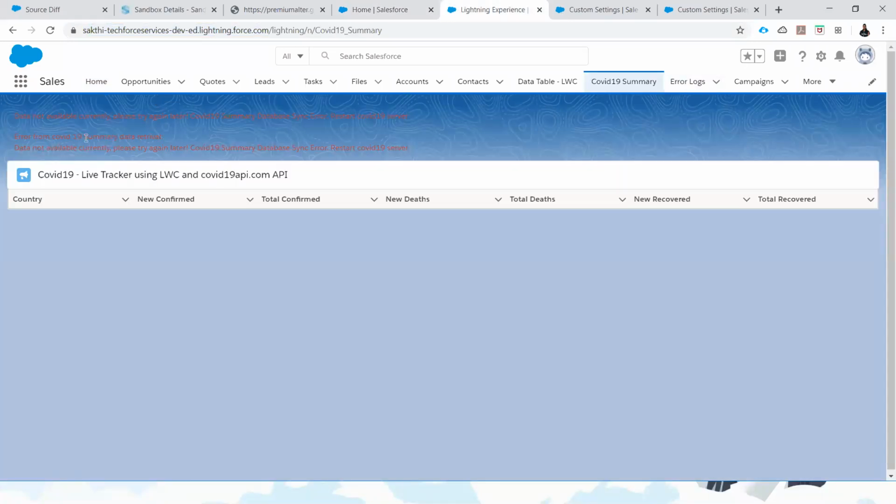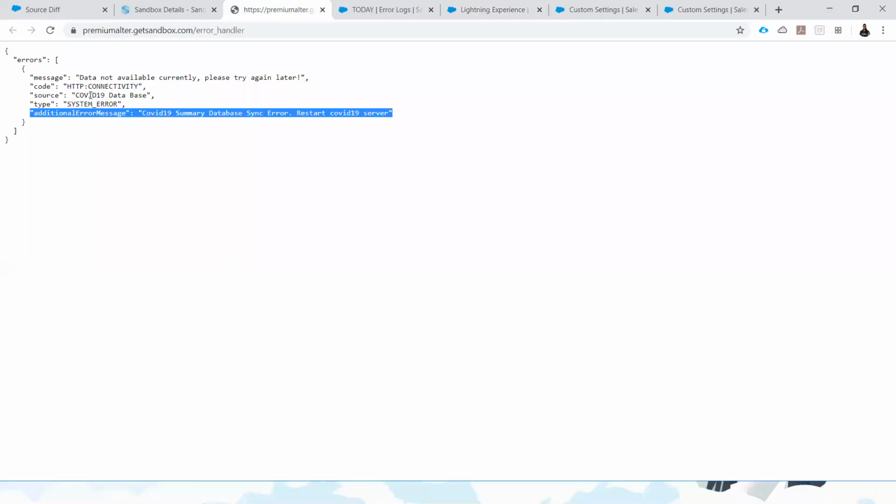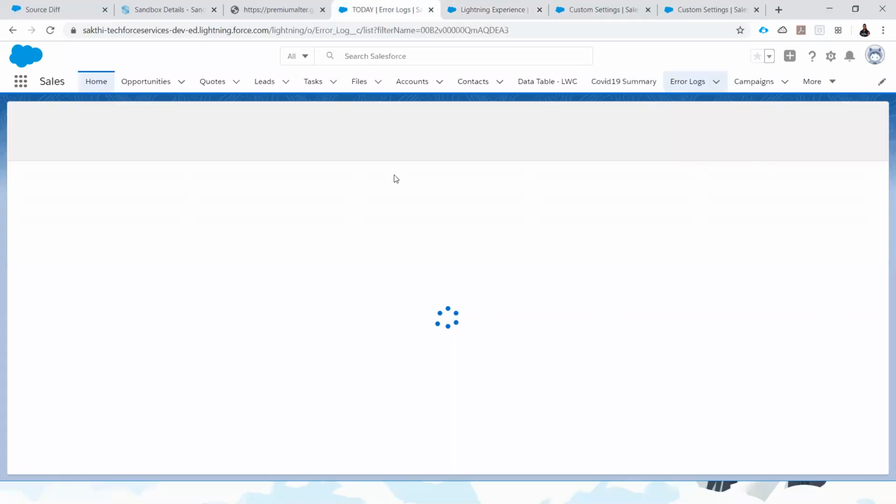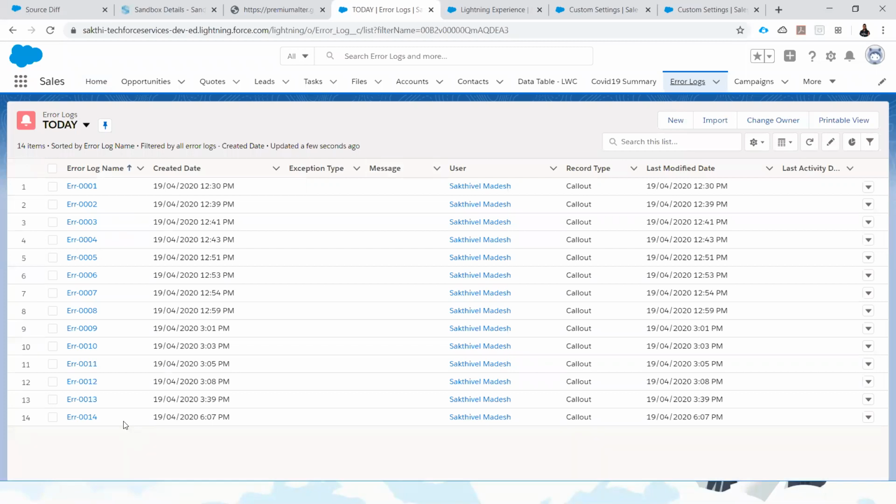See here, I displayed this generic error message, and you see here the message that data is not available. So the business user will get only this error message, but for the technical person doing the debugging, while enabling it from the custom setting, we will get the additional message also. And from the error log as well, we are capturing this error. If I open this particular record,